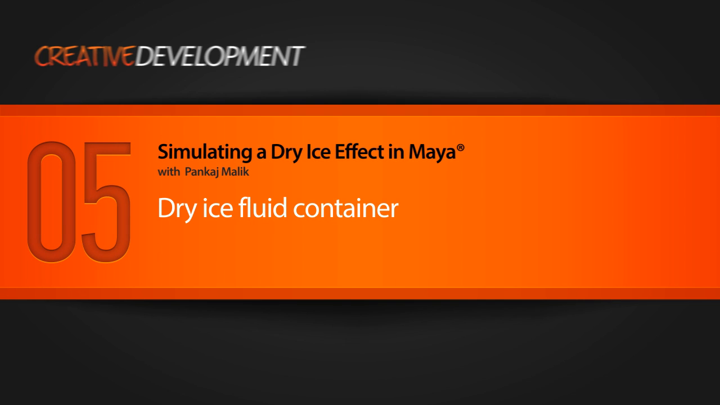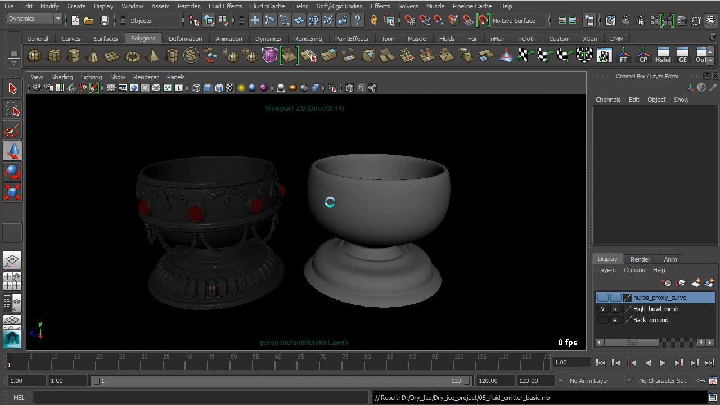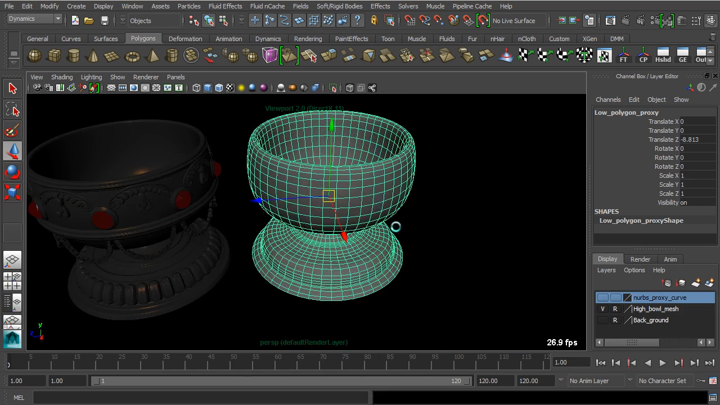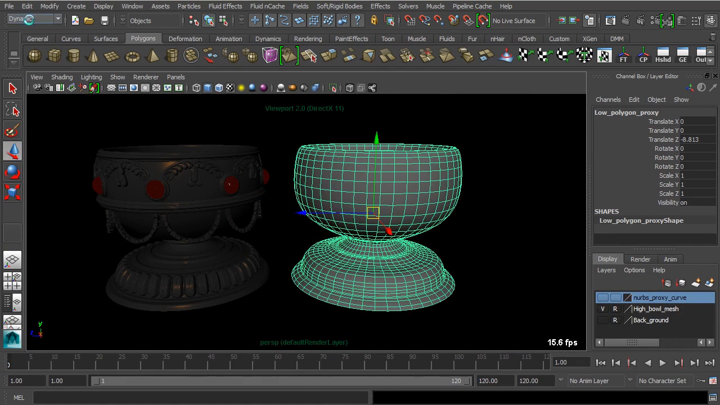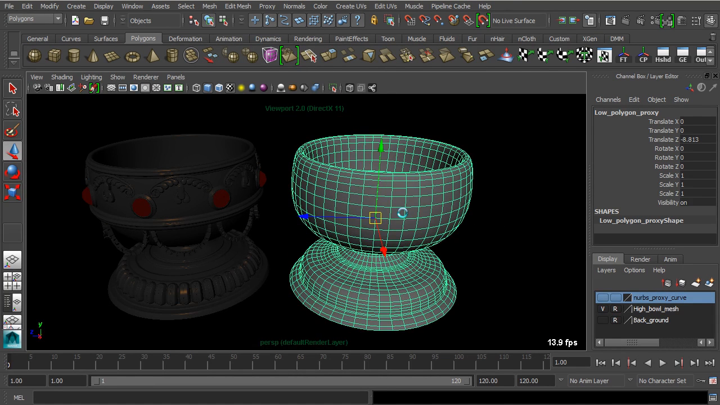Alright, so welcome buddies. In this lesson, we're going to discuss the creation process of the dry ice. Like in the previous lesson, you must have seen the essential process of creating this proxy object. Now, what I did is that I have added another, you could say, smooth modifier to this polygon